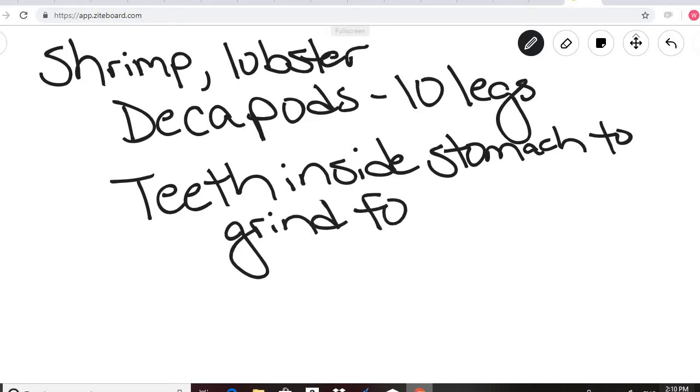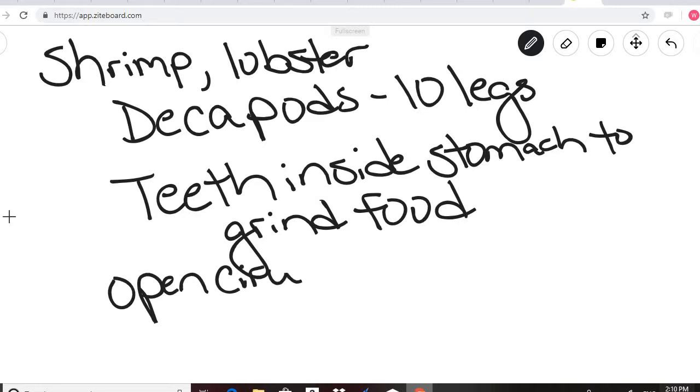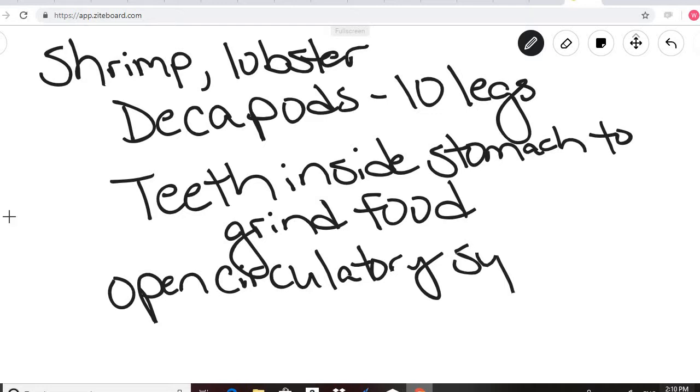We saw this, I think, in a crayfish that you dissect in biology. You can see those teeth inside of the stomach. They have an open circulatory system, so they're very dependent on gravity for making sure that blood gets circulated. So remember, an open circulatory system is where the blood doesn't circulate in blood vessels, it gets dumped into